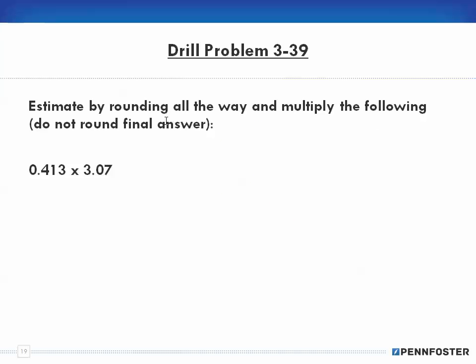339. Estimate by rounding all the way and multiplying the following. Okay, so the first thing I'm going to do is estimate by rounding all the way, which means I'm going to round all the way to the most applicable number. In this case for the 0.413, I have to look at the 4 in the 10th position, go to the right, see it's a 1, it's less than 5, so I'm going to round down, so my 0.413 becomes 0.4,